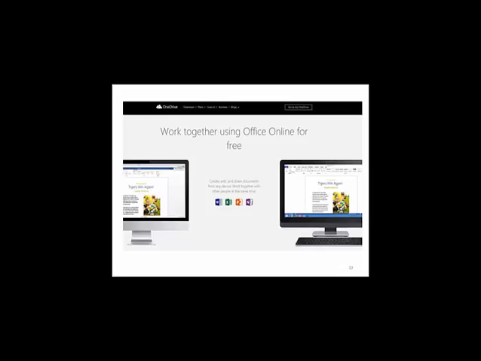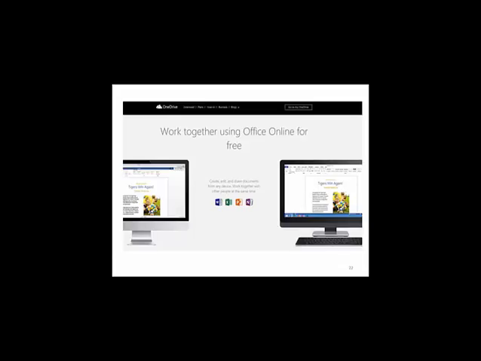They do have a version of Microsoft Office online for free, and I'll show you a comparison at the end of this with the slides. It is not a full function Microsoft Office, but it certainly is a lot to use, especially for taking notes.